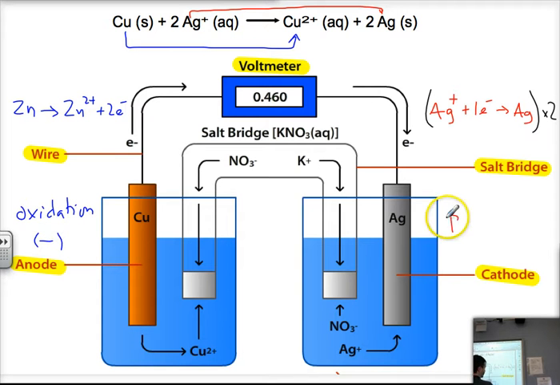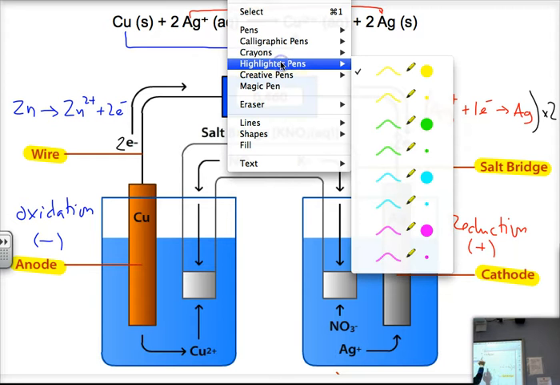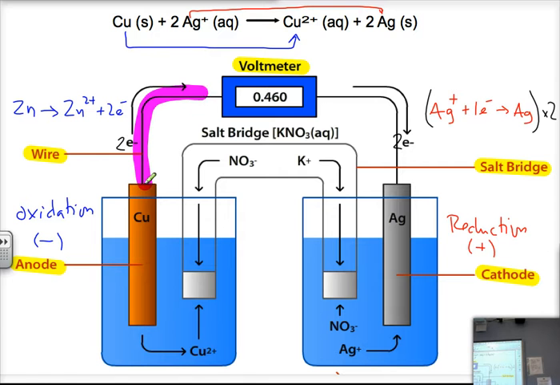The cathode is where we're doing the reduction, and it attracts the electrons, and therefore it is the one that is positively charged. The electrons are always going to go out the anode in a voltaic cell. In this particular case I'm going to put 2 electrons as opposed to just 1, since we're using 2 electrons, and I'm going to put 2 electrons over here too, and they're going to travel. I'm going to show you which way they're going to be traveling, in some kind of fun color. They're going to be traveling in this direction, out of the copper and into